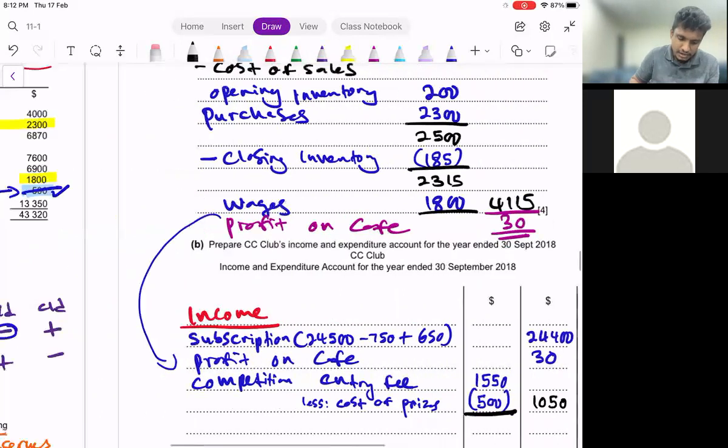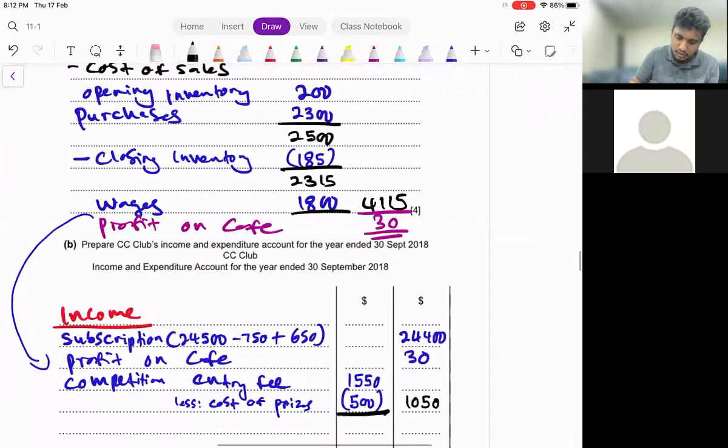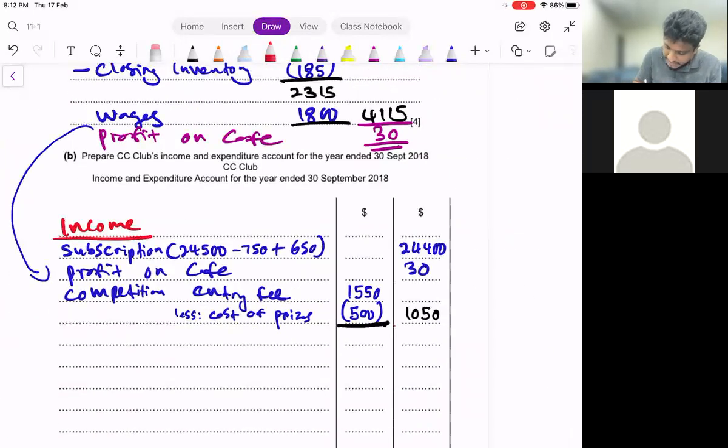After that, do you have any other income? No, I didn't see any other income here. So we straight away total up these three. Total up these three, you get a total income. And my total income is 25,480. And this one will be minus with